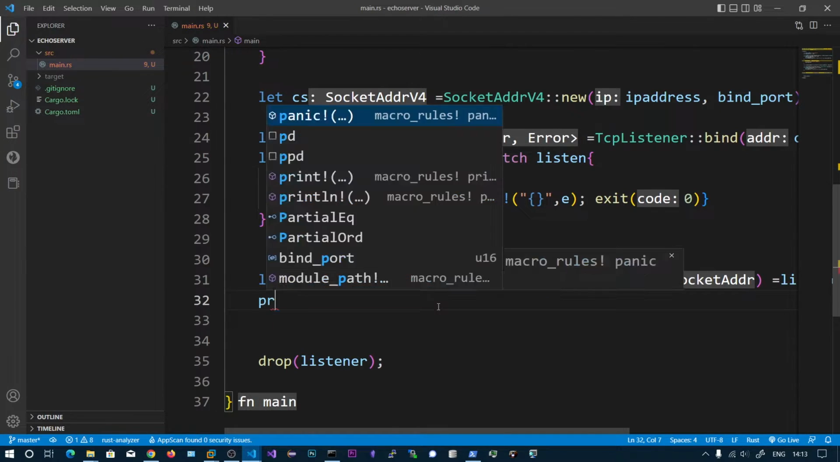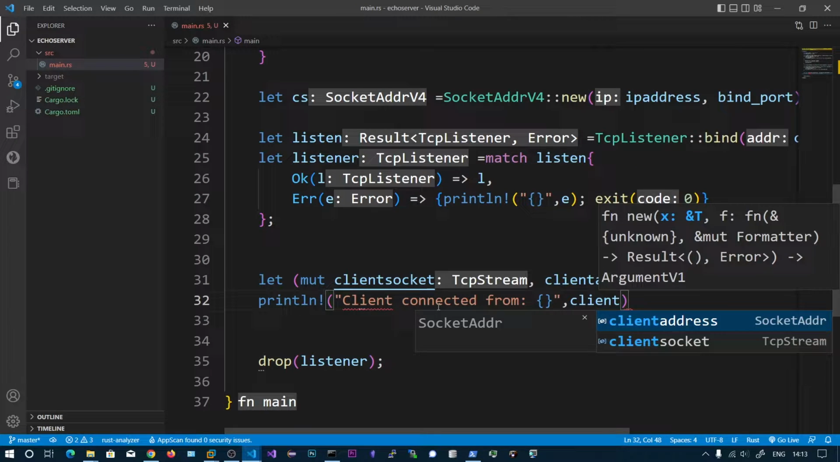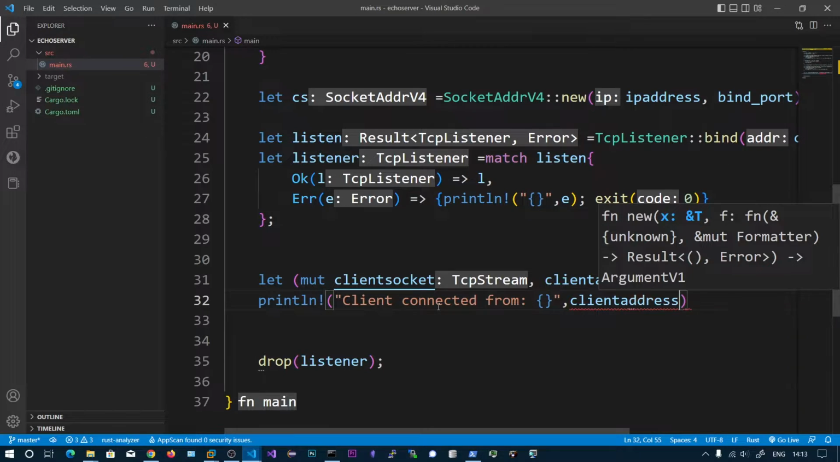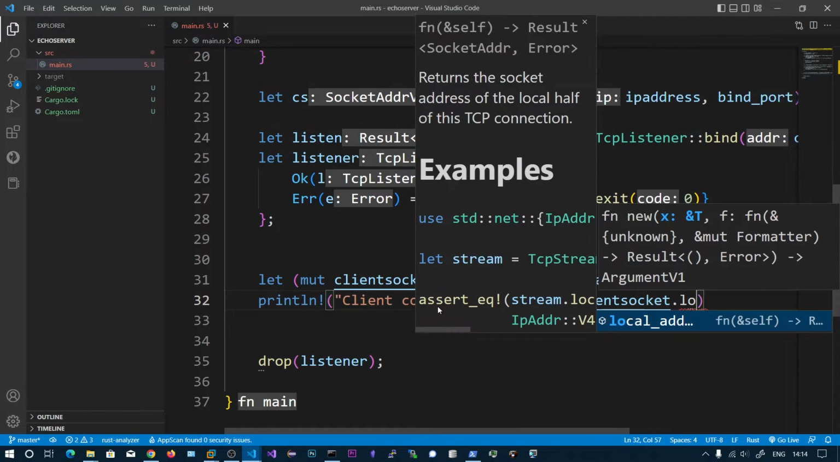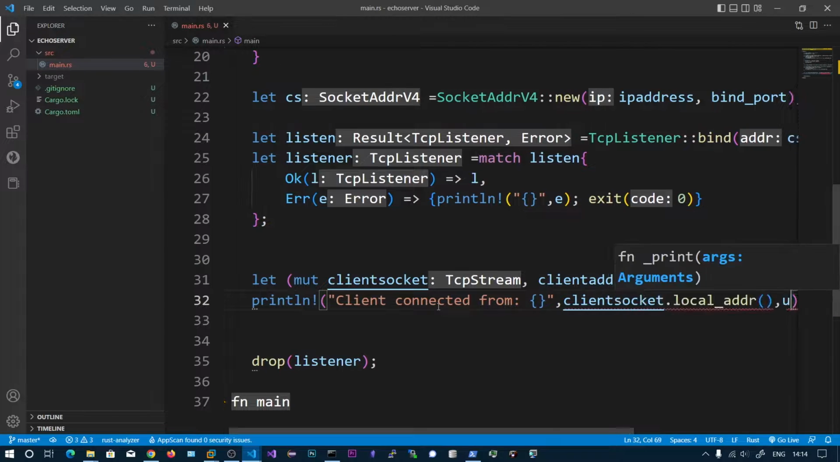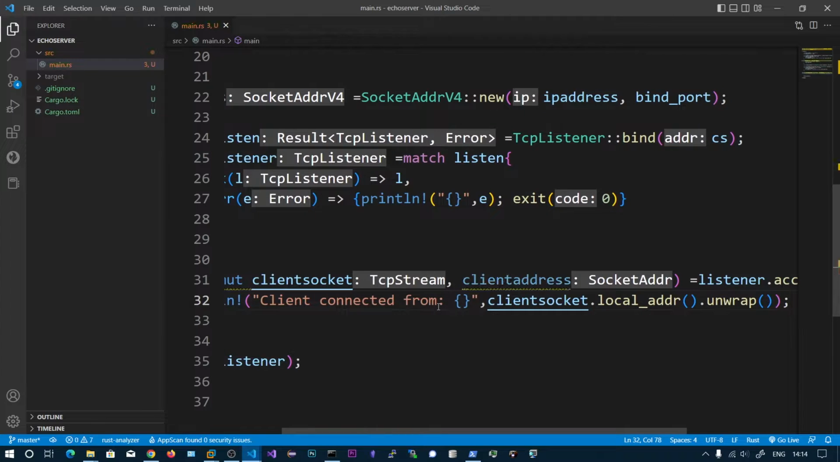Now we can say println client connected from, and the client has two IP addresses. One is its local IP and another one is remote IP. So client address dot local address. Sorry, the socket has the local address dot unwrap. So this will give you the client IP address and port number,